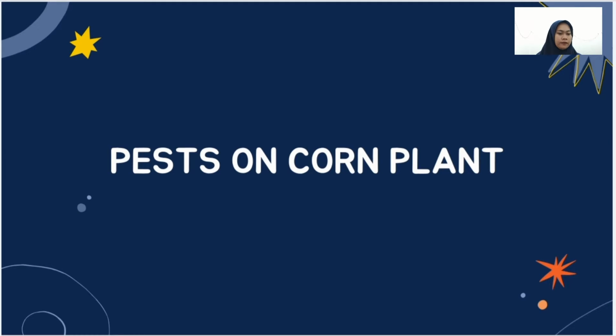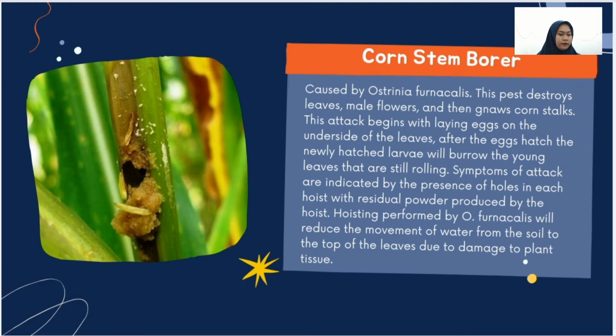Next, we will talk about pests on corn plants. First, there is the corn stem borer, caused by Ostrinia furnacalis. This pest destroys leaves and male flowers, and then gnaws corn stalks. Newly hatched larvae will burrow into the young leaves while they are still rolled. Symptoms are indicated by the presence of holes in each leaf, and